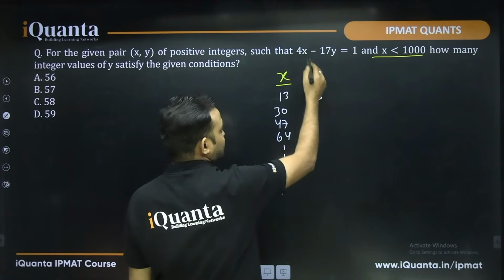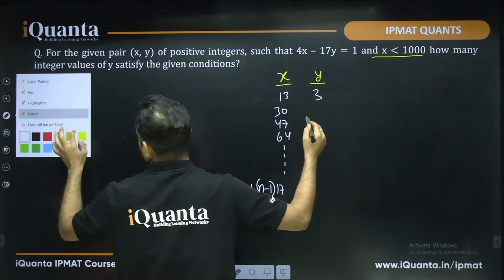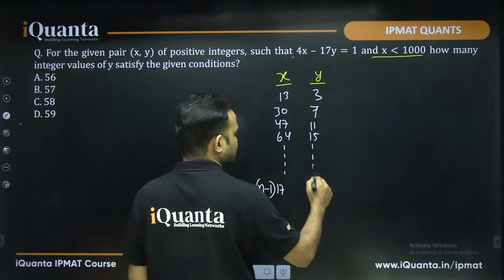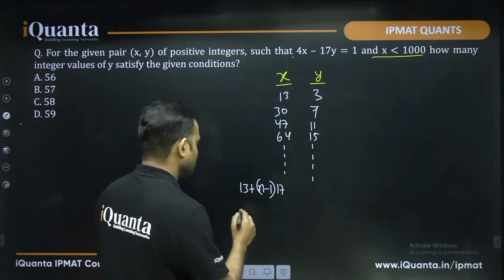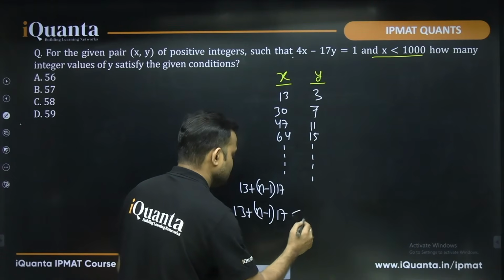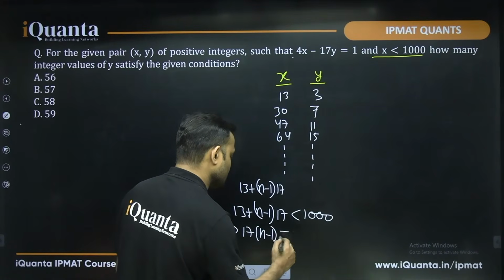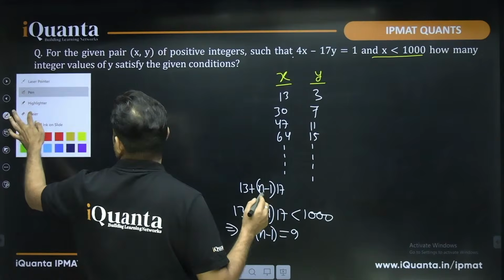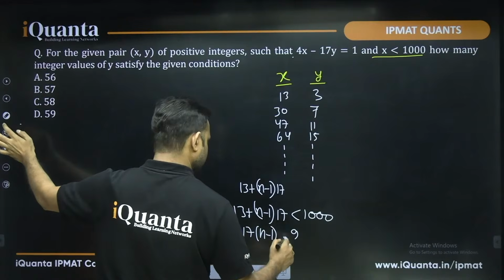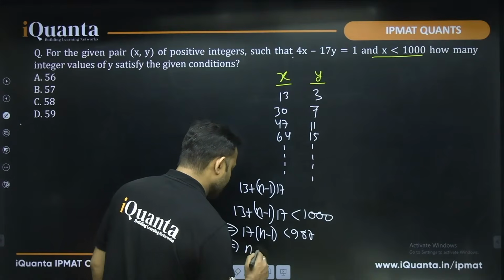It will increase by the coefficient of x. So 3 plus 4 is 7. Whenever the coefficients are of opposite sign, both values either increase or decrease. So what we can say, 13 plus n minus 1 times 17 should be less than 1000, or 17 times n minus 1 should be less than 987, or n minus 1 should be less than